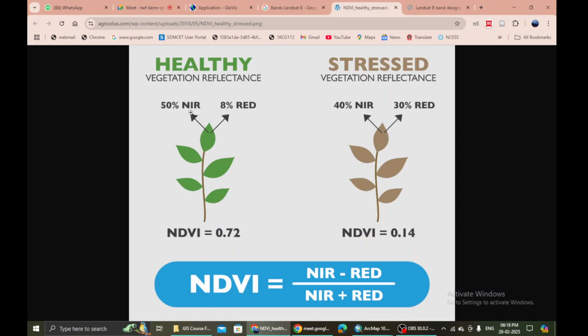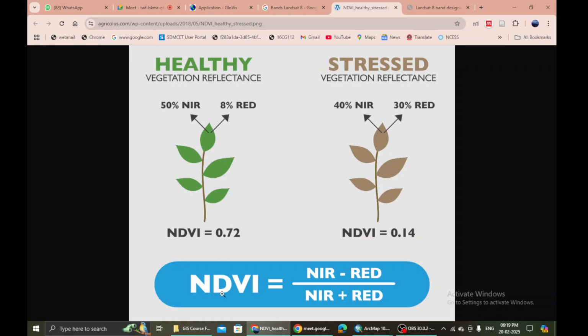Earlier, the healthy vegetation can reflect a lot of NIR, 50% of it, whereas when it comes to this stressed vegetation or disease carrying vegetation or old vegetation wherein the leaves are just going to be shed, what happens? The near infrared reflection decreases, as well as red gets more reflected away. But earlier in healthy vegetation, red is absorbed to what extent? Around 92% of red radiation is absorbed. Whereas now what is happening? Around 30% of it is getting reflected, and only 70% is getting absorbed.